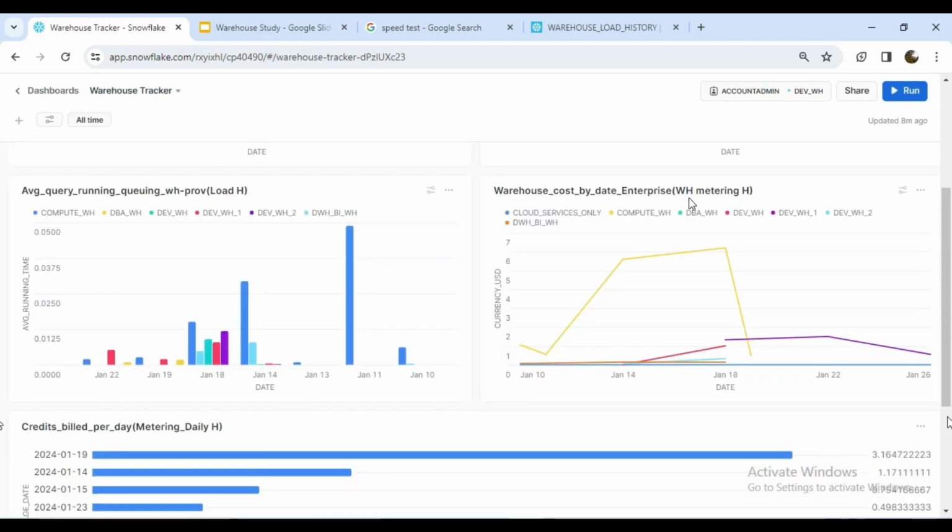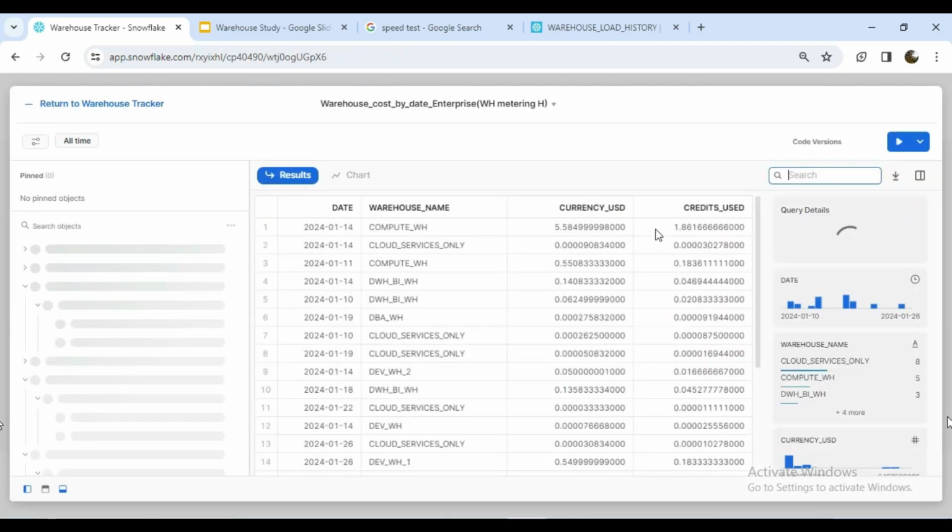And the next tile is the warehouse cost by date for the enterprise edition. So here I've just taken an example of the enterprise edition. However, if you have a different Snowflake edition, the cost needs to be changed accordingly. For each date, how much currency has been used can be calculated. So here I use the warehouse metering history